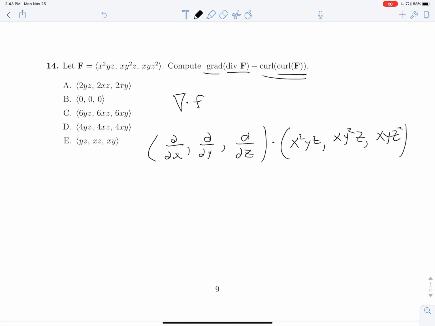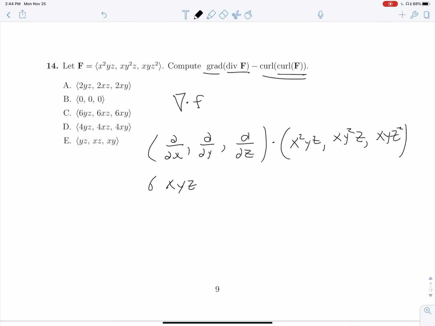And we see that we are going to get 2xyz, whoopsies, 2xyz plus 2xyz. I keep saying z and putting a square. I'm not sure what's going on. 2xyz plus 2xyz. So 6xyz is what we need to take